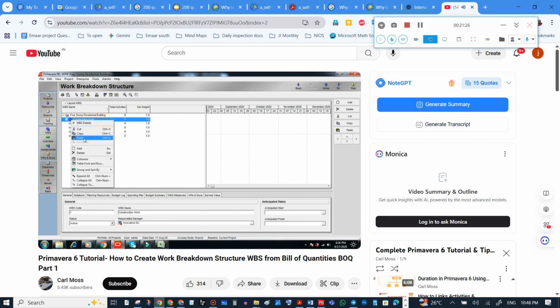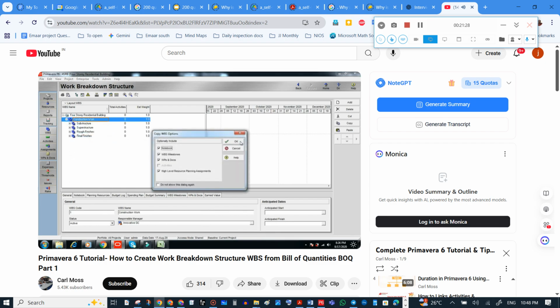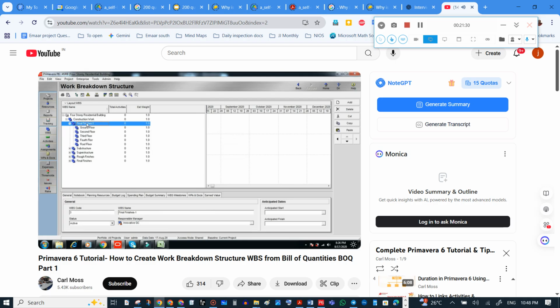Click OK. Then change this to electrical works, and move it to the bottom of final finishes. So click down.